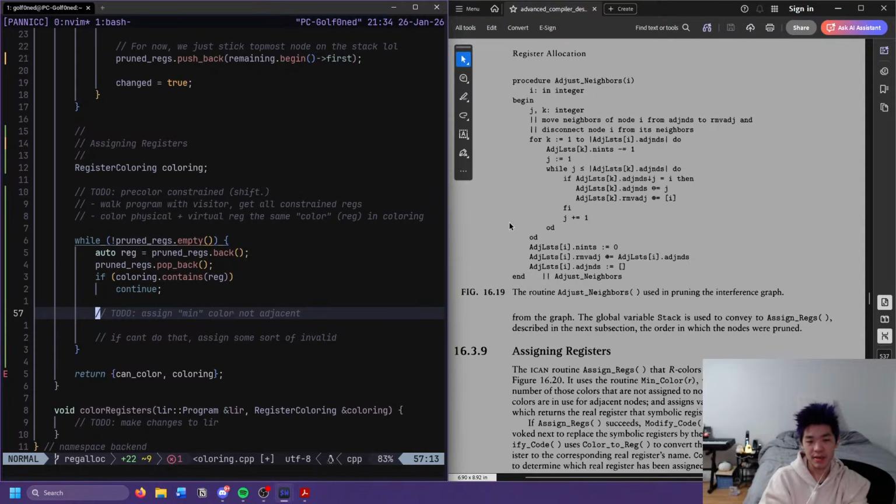We could keep track of available colors and iterate through that. And then the first one that is not in the neighbors' set, I guess, is the quote-unquote min color. That actually doesn't sound bad, to be honest. I might do that. And then if it's a physical register, we add the color, I guess.